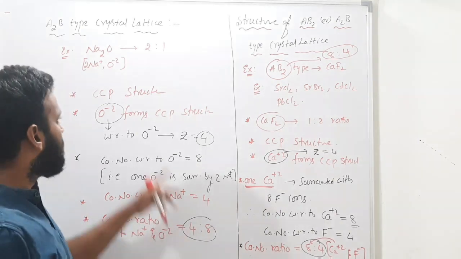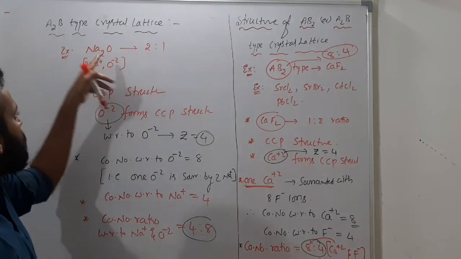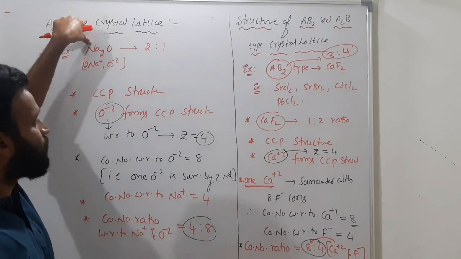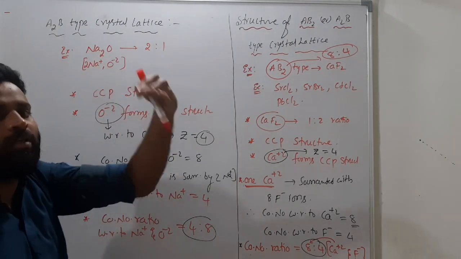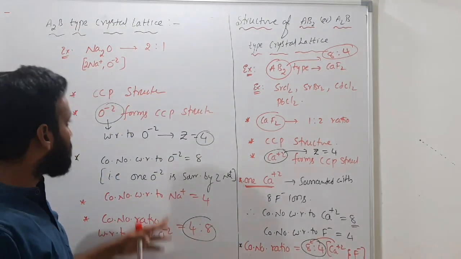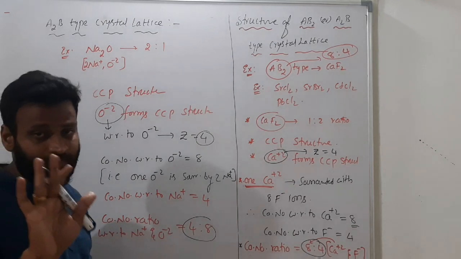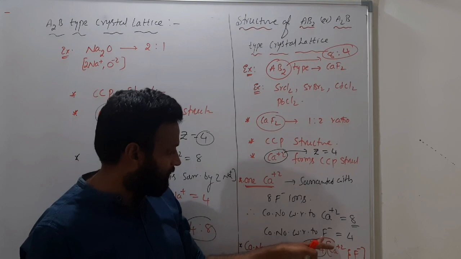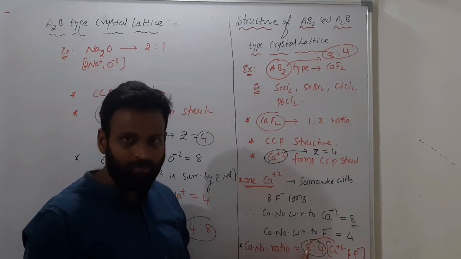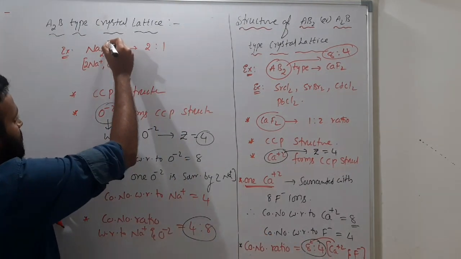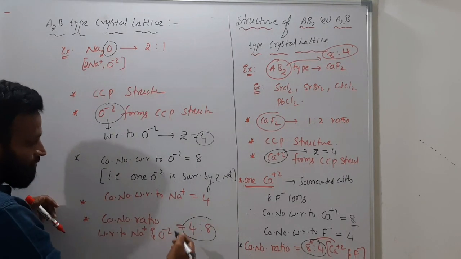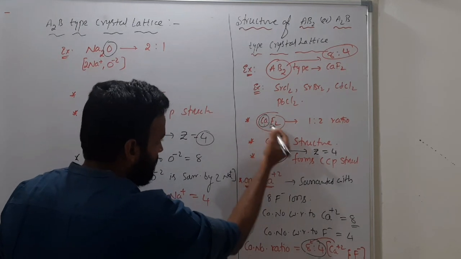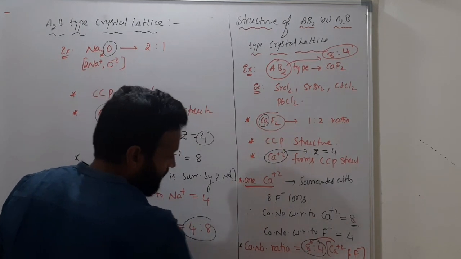No, very simple. Which are in more number? In Na2O, which is in more number? 2 Na plus, 1 oxygen. Means sodium ions are more. So that will have less coordination number. Here also, who is in less? That is more coordination number. Who is in less number? That has more coordination number. Here also, who is the less number? That has more coordination number. 8.